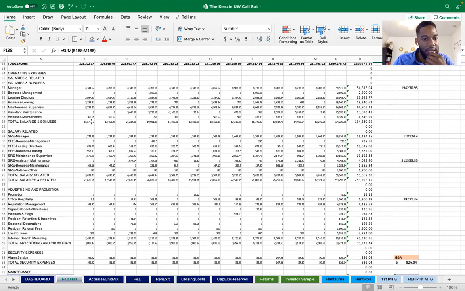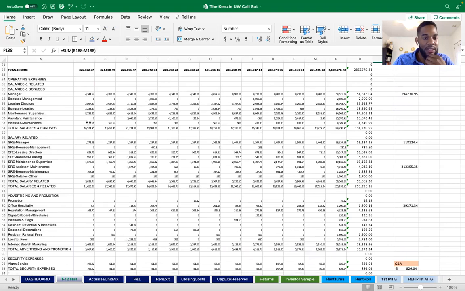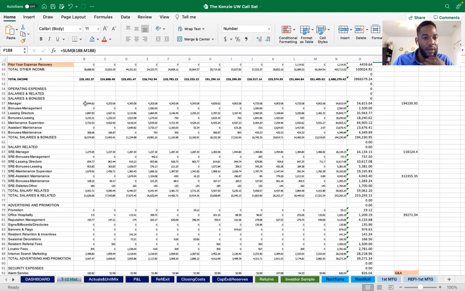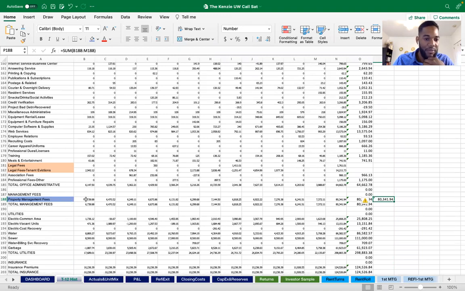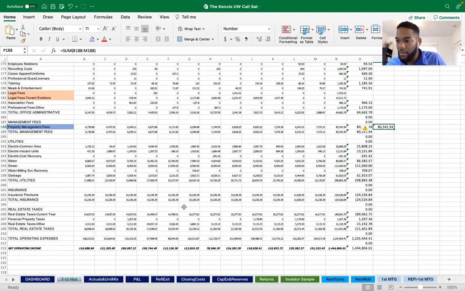So all of these positions here are absorbed by the property. If a property management company were to cover the expense of these, they wouldn't be in business, right? They have to make a profit. That's why this is broken out and paid by the property, because these employees are working on site at this property. So that's the breakdown of it right here. You see, it was already accounted for in these line items. And then the management fee down below would just be the general management fee they're charging for the service. So we'll go ahead and keep it moving on that.